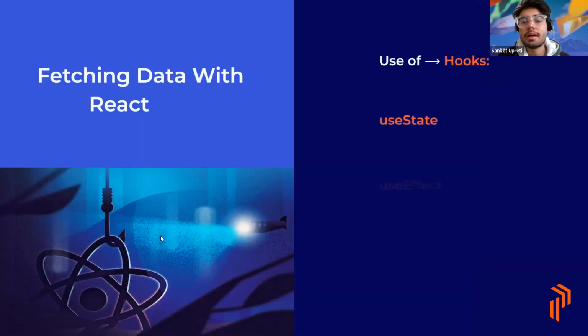Talking about hooks, the most popular, or the traditional way, I would say, is use of useState and useEffect. In useEffect, we fetch, or we use Axios to bring our data, and then we set it on our state, and then we map it on our JSX,